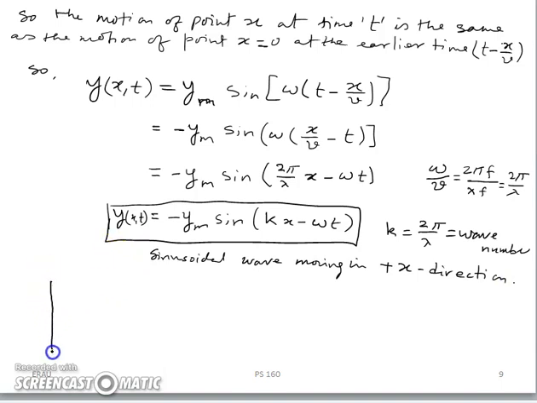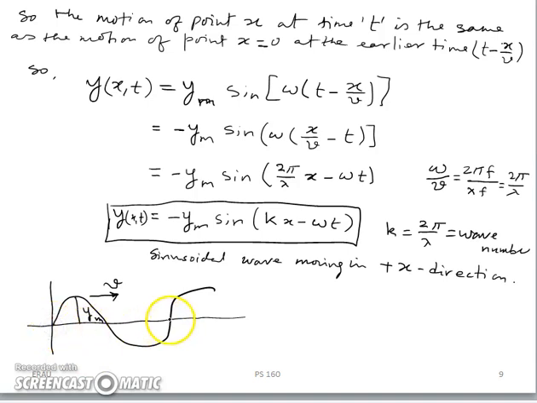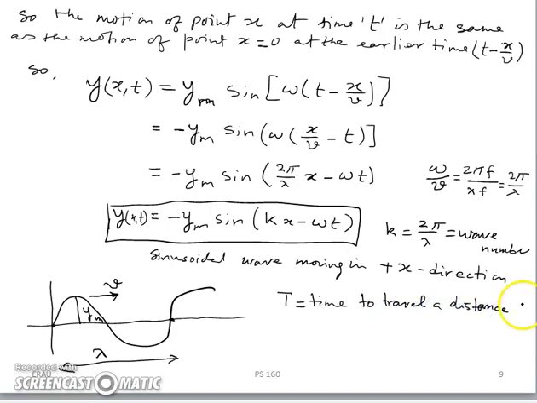So if I have a wave here, let's say, a couple of things here. This wave is looking like this. The velocity v is the velocity the wave is moving. This is the amplitude, y_m. The period is from here to here that the wave takes. This is one wavelength, so we call it lambda. The time T is the period, the time to travel a distance of